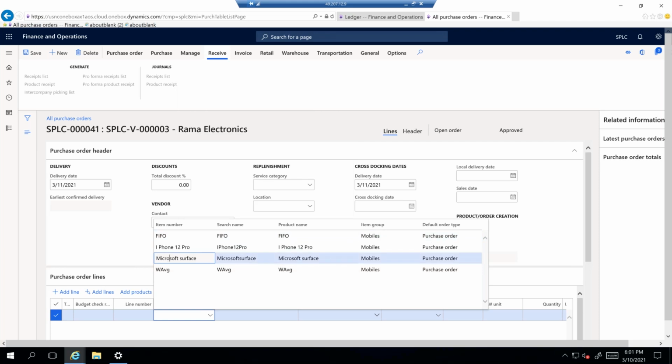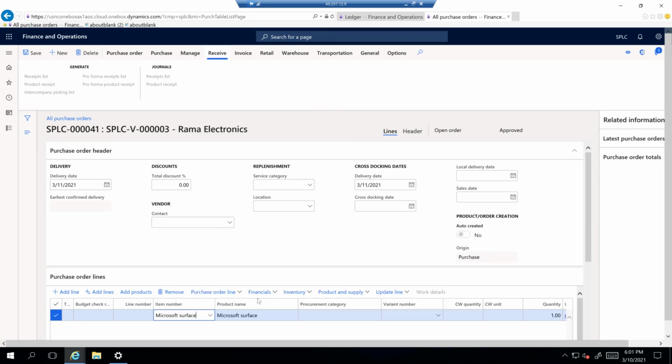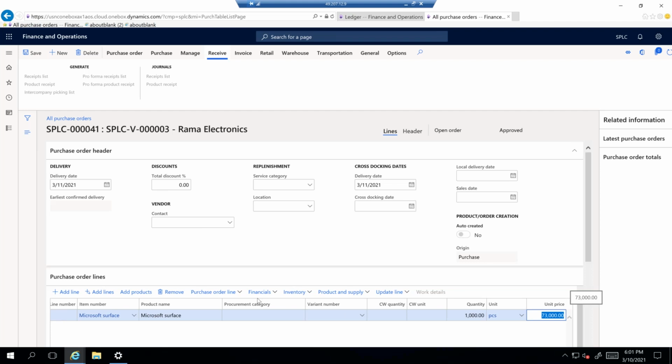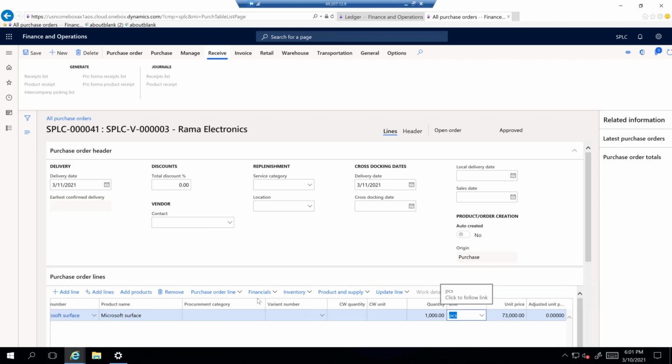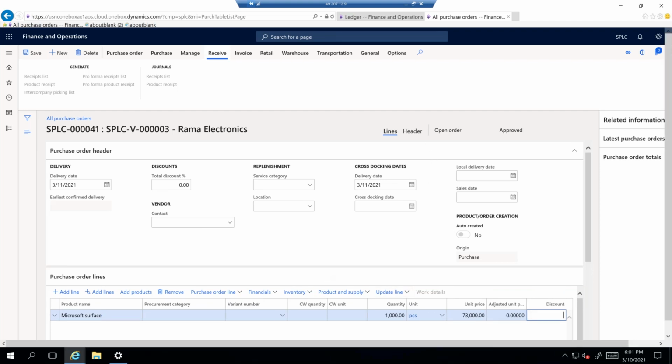Any item is fine. Actually, we will not export this Microsoft Surface. They will export to us, but practically it is different. So let me enter 1000 items they are importing. Okay, 73,000 INR. So if you look at the header,